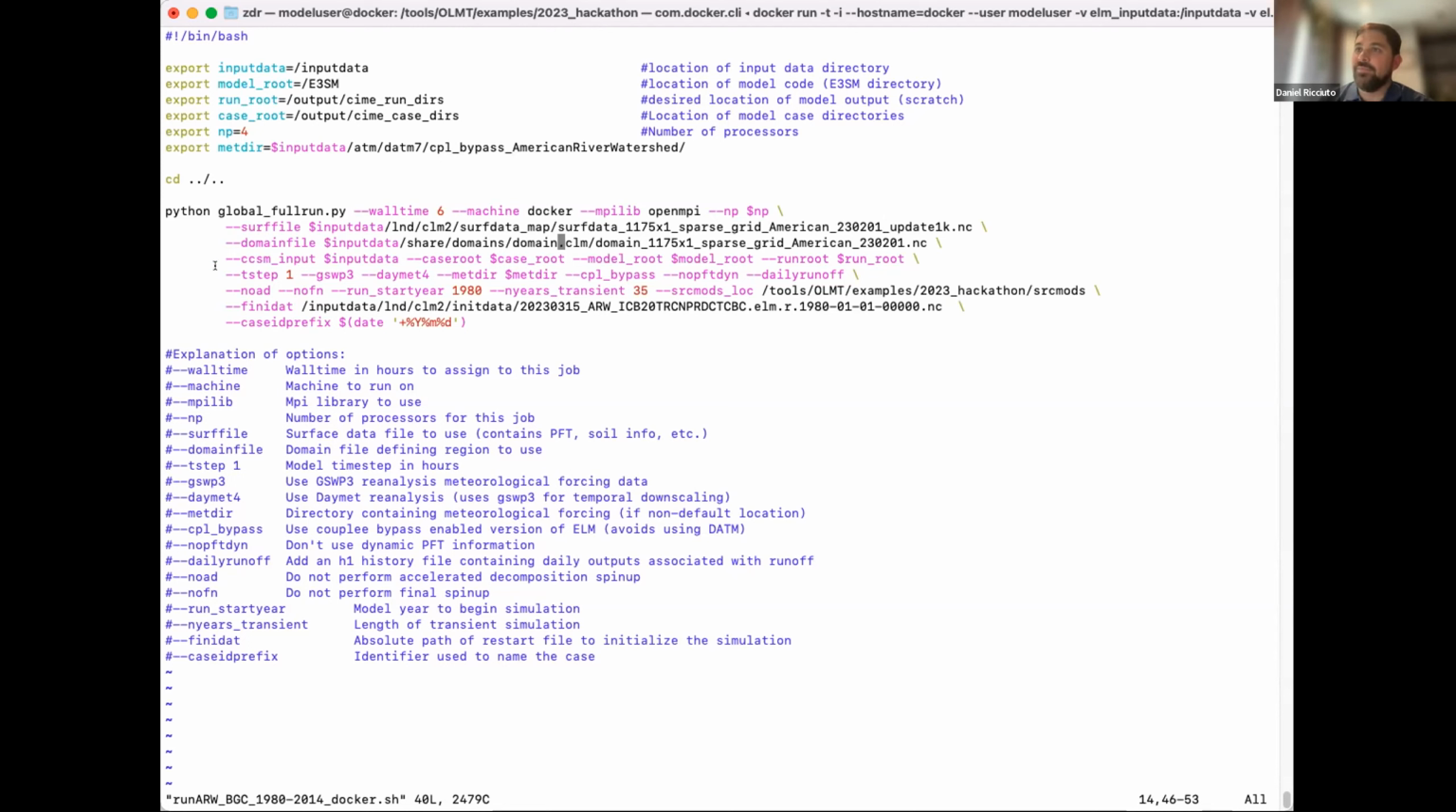And then this fifth line here has some specific options that we're passing to ELM. We can tell it to run with tstep 1, which is an hourly time step. By default, the model will actually run a half-hourly time step, so you can change that here. I typically use hourly just for these demonstrations because it's twice as fast. And then we're telling it GSWP3 and DayMet4, the reanalysis product that we described,